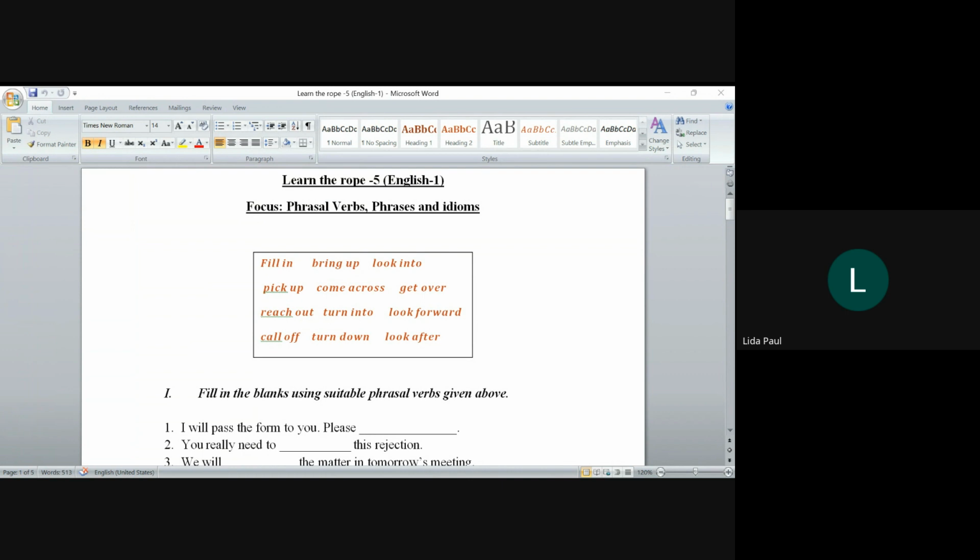Now, what goes in between both of them is already decided. What can go in between the verb and the particle? It can either be a personal pronoun, or it can be a noun. So for example, say I give you the example of a phrasal verb, which is call off. It's in your chat. You can look at it. So is call off an example of a separable phrasal verb or inseparable phrasal verb? What do you think?